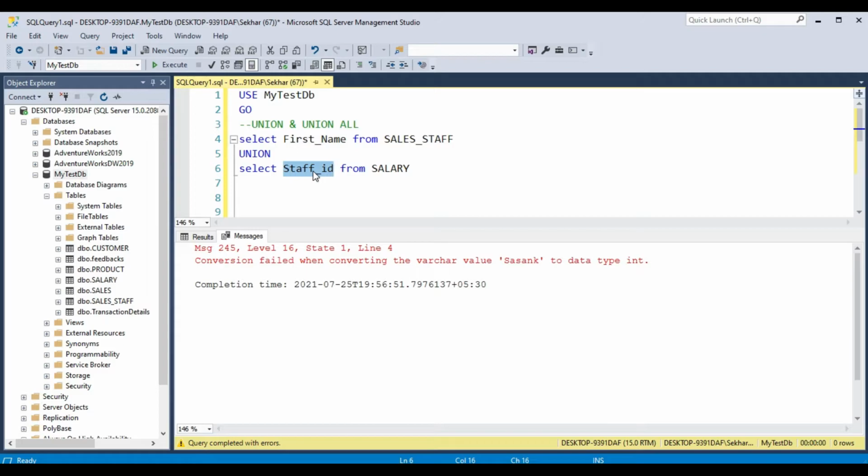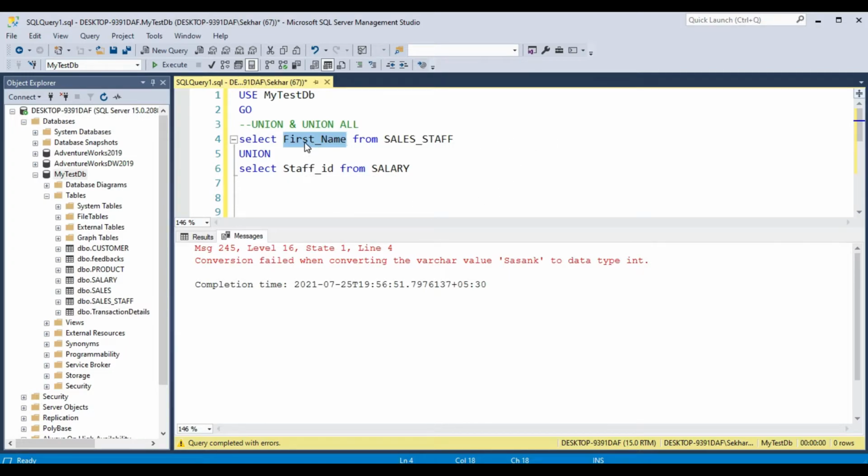This staff ID is an int type column, and this is a varchar type column. So this will give you an issue. You have to make sure that the columns which are in sequence in both the queries have matching data types. It should be like int with int, or float with float. It should not be a mix.